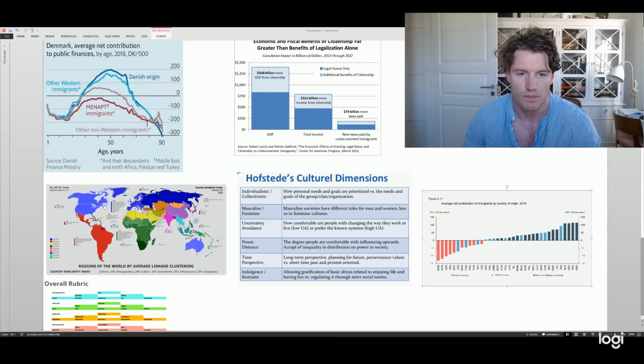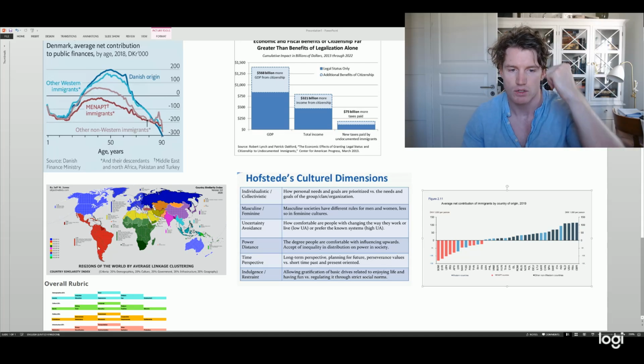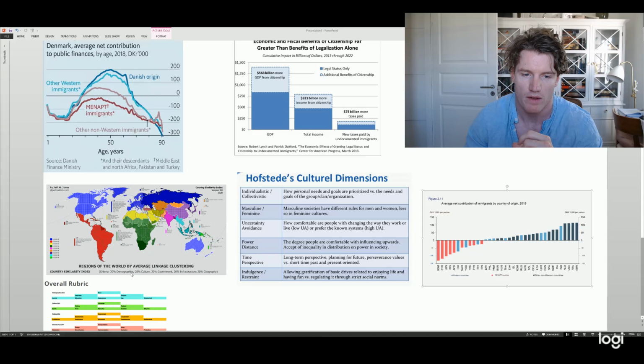Stealing this off some chap on Reddit who was able to compile what I think is a fairly reasonable attempt at looking at the similarities between different countries. And you can see here he took 20% demographics, 20% culture, 20% government, 20% infrastructure, and 20% geography around how close and how similar these countries are to one another. And as you can see, the